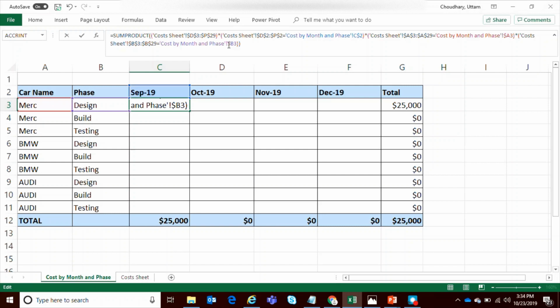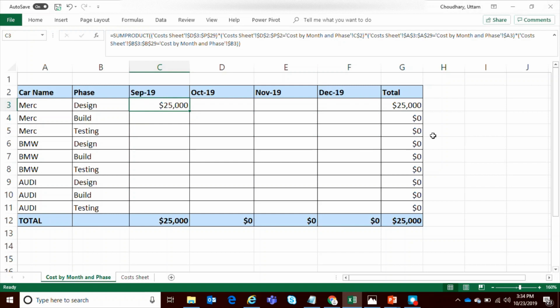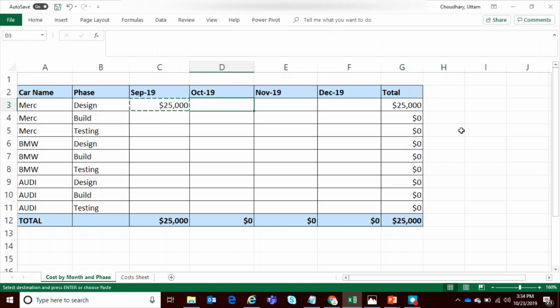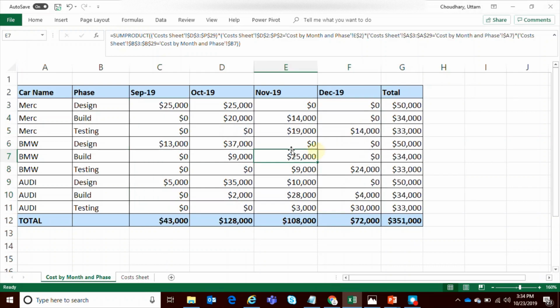So putting dollar before the alphabet is always locking down the horizontal movement. After the alphabet, it always locks down the vertical movement. I press OK, and this gives me the value. Now I would pretty much go ahead and paste the entire formula, and if you see here, it gives me the value